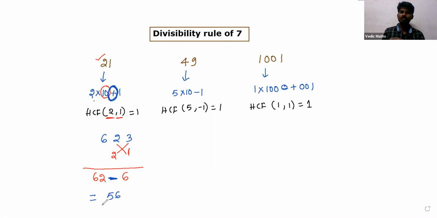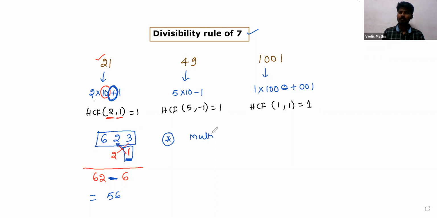Now this 56 is divisible by 7, so the whole number is divisible by 7. Now the very important point is here. When you take 1 in the unit place, it multiplies the penultimate digits every time, so it gives the same result. Whatever the penultimate digits are, they come as they are. But the unit place digit is multiplied with 2, so some change comes. That is the reason we can write the divisibility rule of 7 like this.